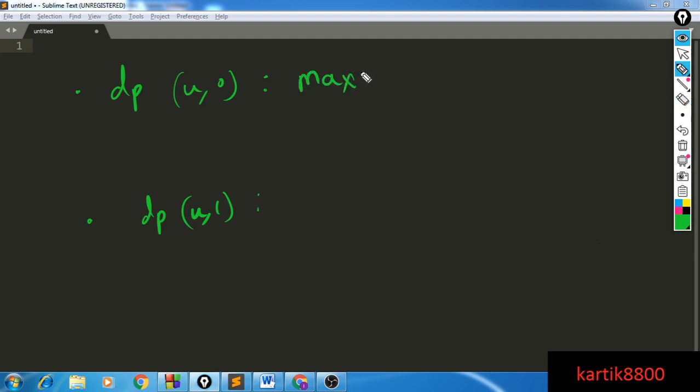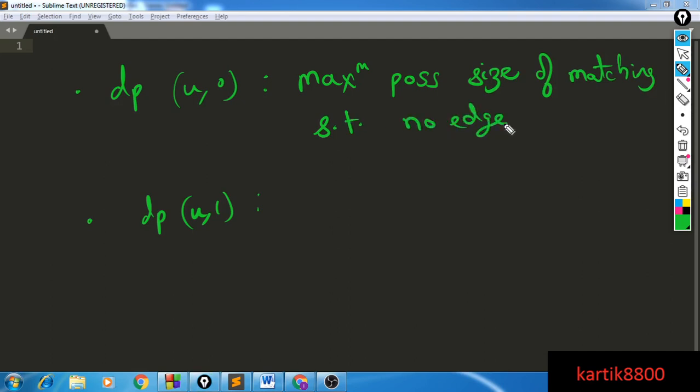I'll just write it down. dp of u comma 0 is the max possible size of matching so that no edge of the type u comma x is selected, right?